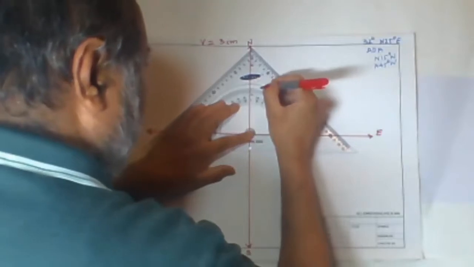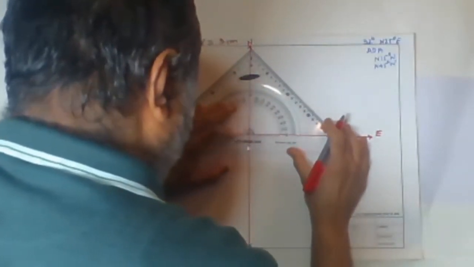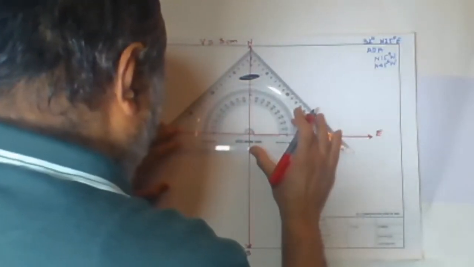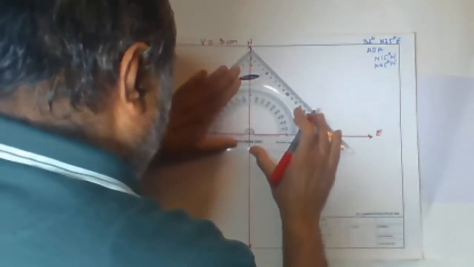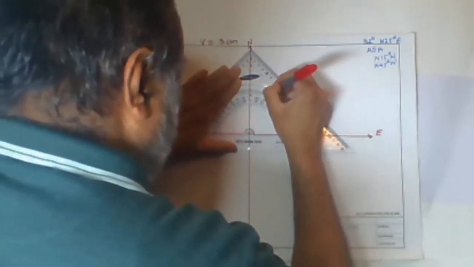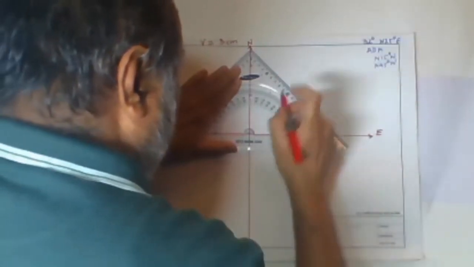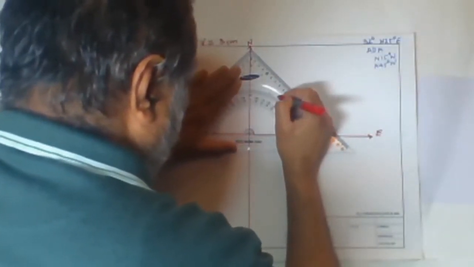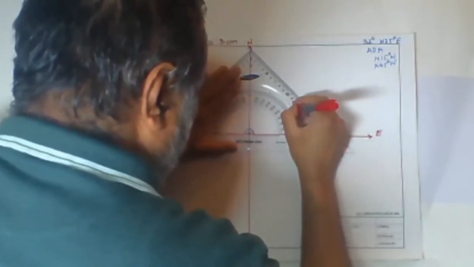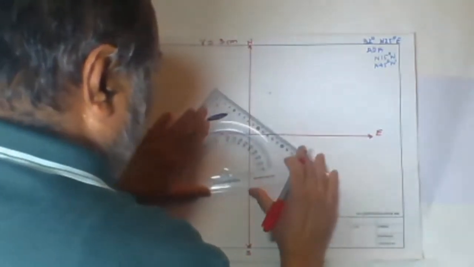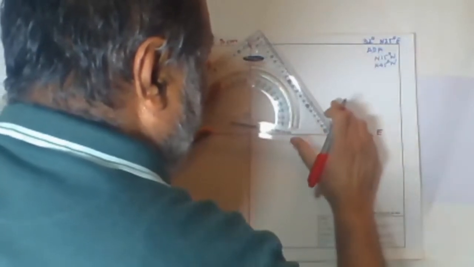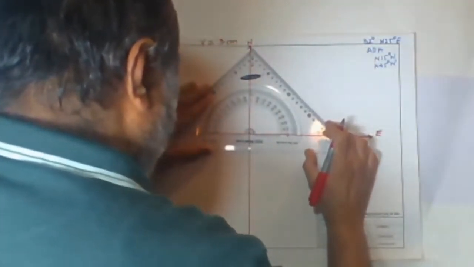Not 25 degree, see, 0 is north. Yes, that is the line of contact. Okay. 10, 20, and this should be the 25 and 32. From here 32. So 10, this will be 20, this will be 30, and from there 32. So 32 plus 25, so 57. So directly we'll mark the 57.